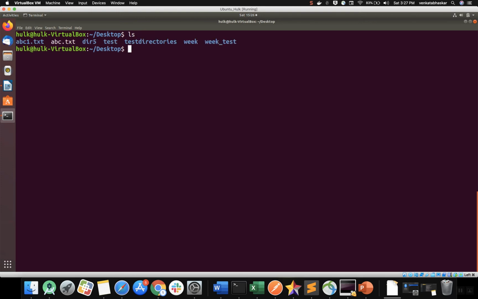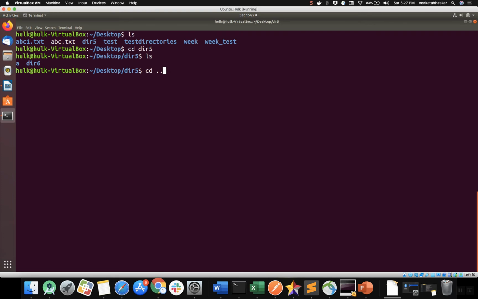Now you are comfortable with rmdir. When do we need to use rm? If you want to delete a file or a directory, you can use it for both. I'm going inside with cd, and check whether any directories exist. Yes, inside I have directory 5 and directory 6.